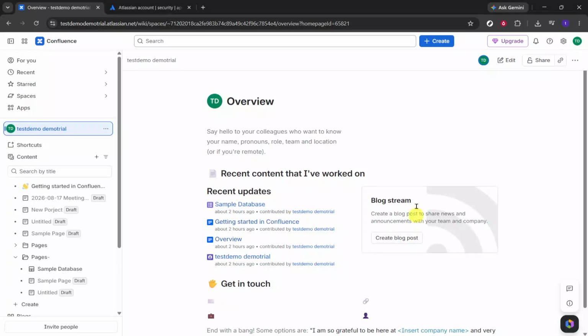Hello, today we will guide you through how to export multiple Confluence pages. To begin, open Confluence and go to the overview area of the space that contains the pages you want to